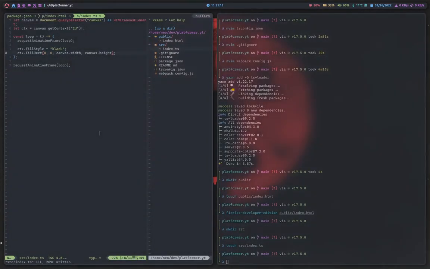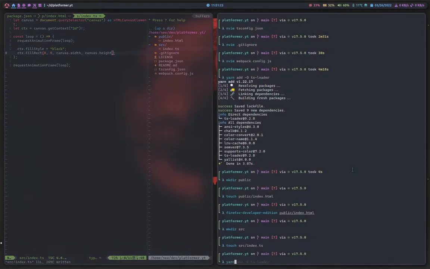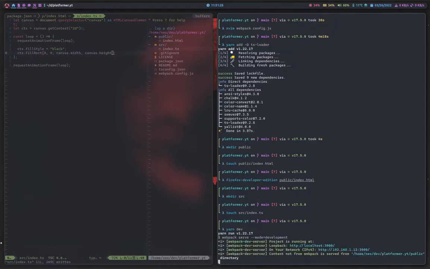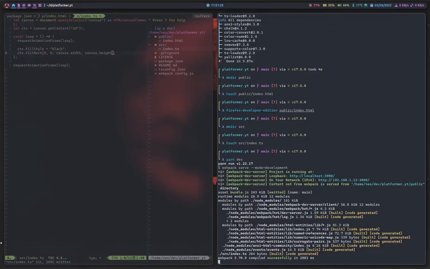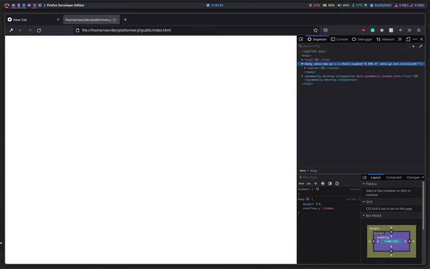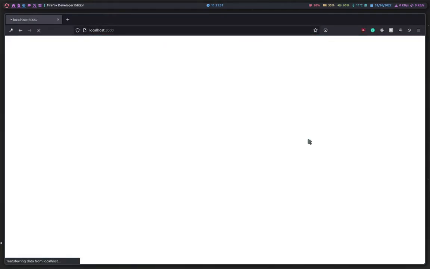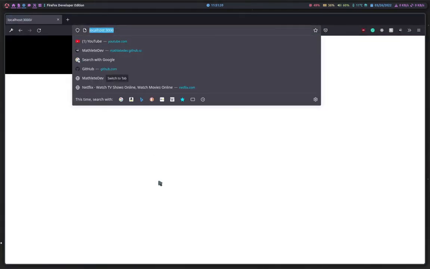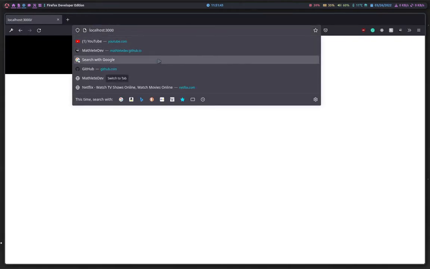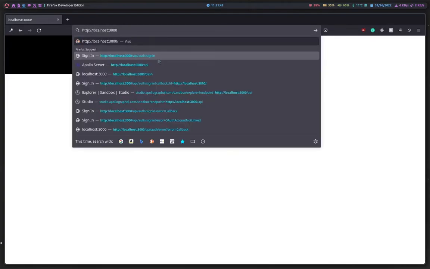So, we finally have this script done. And now we can actually use Webpack to serve this web page. So let's run yarn dev in a terminal, and it should start serving this at localhost 3000. So let's navigate to localhost 3000, which I have bookmarked. If you just go to your web browser and type in http://localhost:3000, you should go to this page where you see this black canvas,